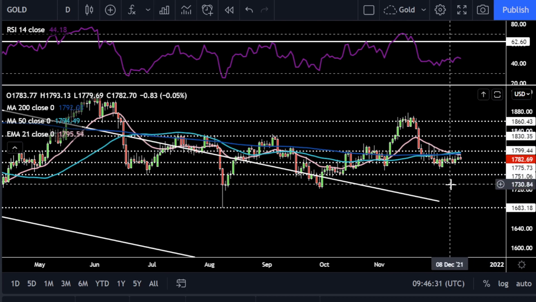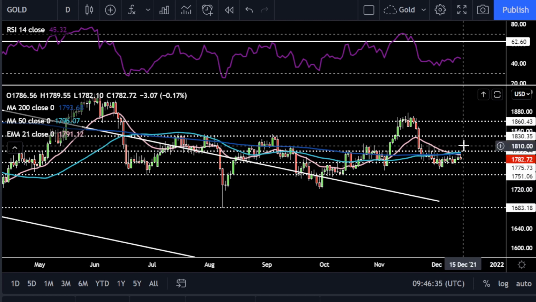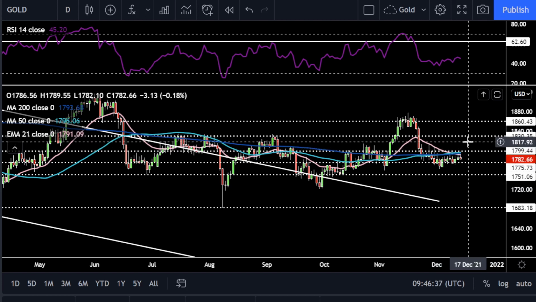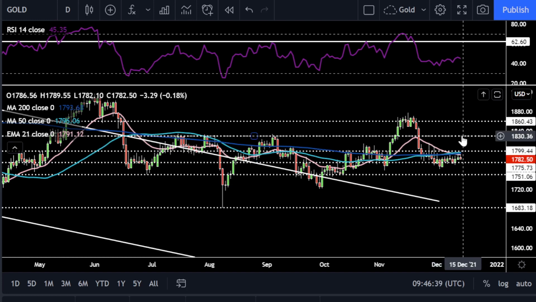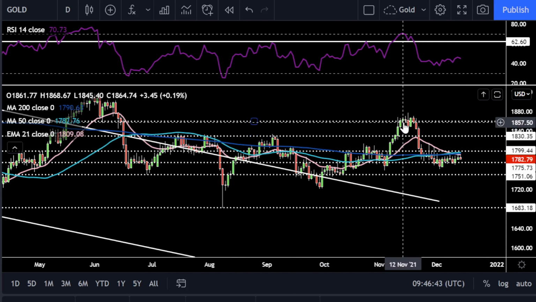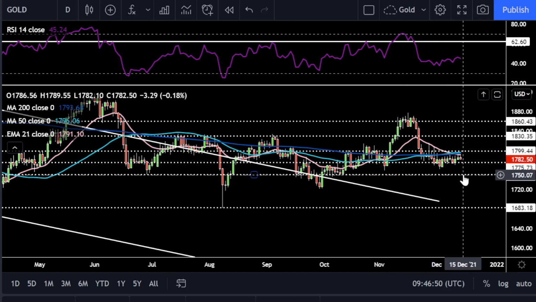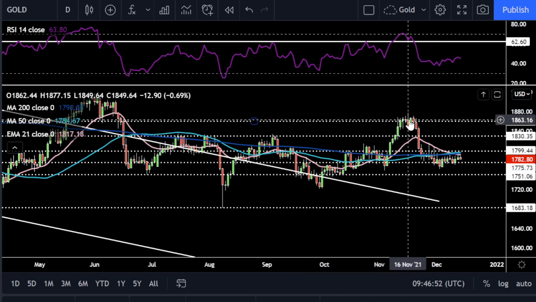So if we see a dovish reaction, I think 1.8 breaks and we start to move back into this sort of vacuum area between 1.8 and 1.830. That was major resistance previously. We did see price in mid-November actually break through there and get quite close to the 1.9 mark, but unfortunately they couldn't get any higher than the